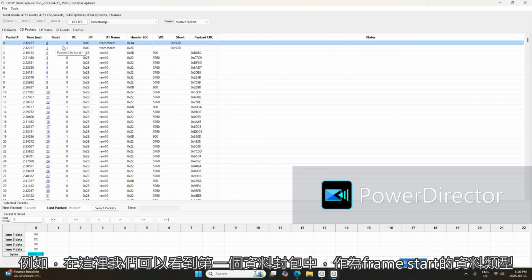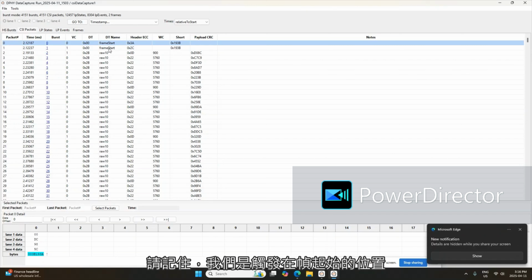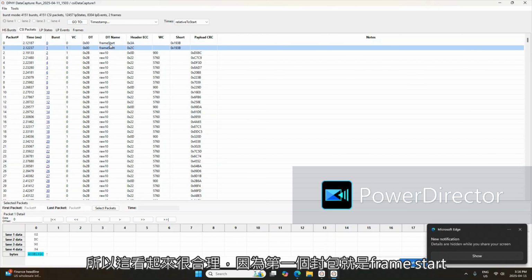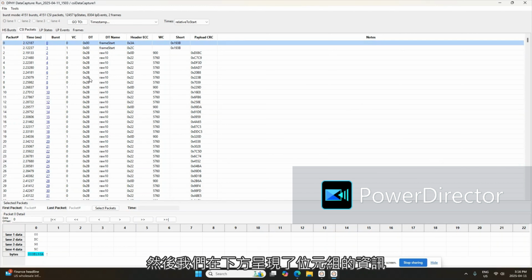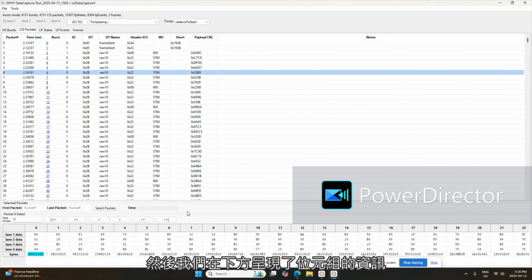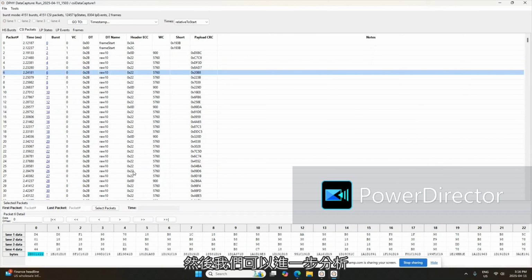Here we can see that the first packet is a Frame Start data type. Remember that we were triggering on the Frame Start, so it makes sense that the first packet would be the Frame Start. The byte information is summarized at the bottom. If there were errors and we wanted to analyze what was going on the live bus, we can analyze this further.